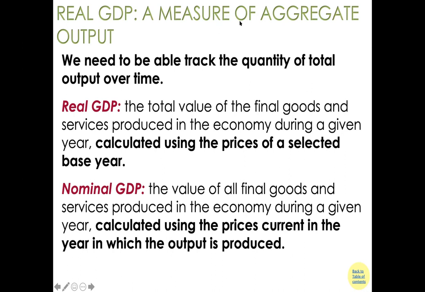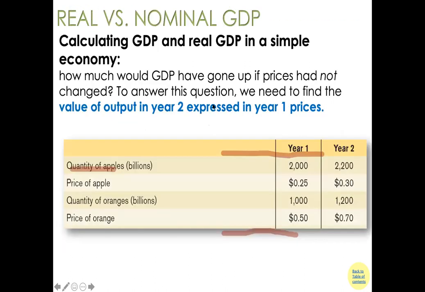Okay, let me highlight. So the difference is here. Okay, so nominal GDP use price in the current. Real GDP use price of a selected base year. Okay. Now I can give you examples to help you to understand. Right. So in this example,